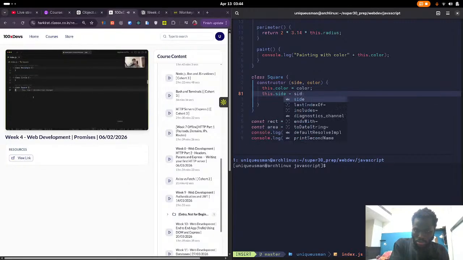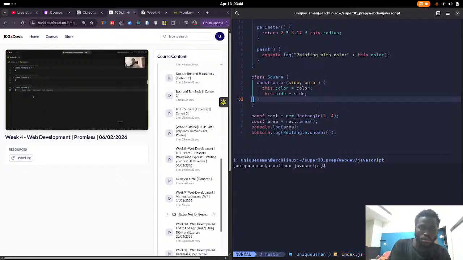Sorry, paint, which is the same in all three of the classes, which simply logs something. So effectively, I now created three classes. Rectangle class has width, height, color. Circle class has side, color. Square has,